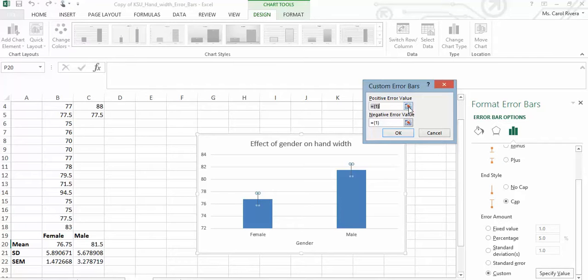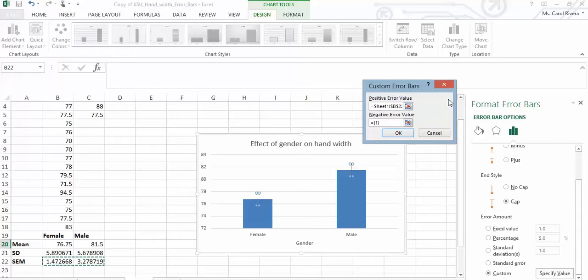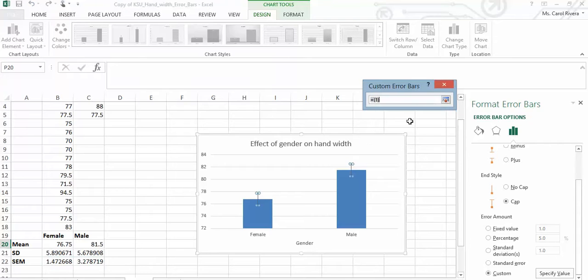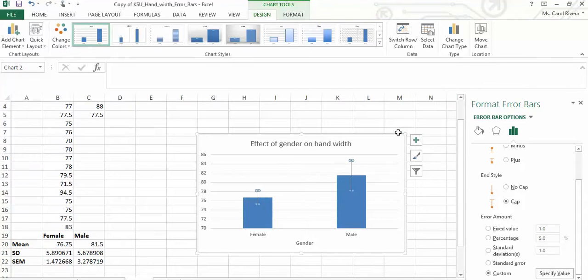So go ahead for the positive one. Click on this little, looks like a little tiny table. Okay, and then click here, hold down, and then go to this one too. And then you can click here. Now that gives us the positive error. Let's do the negative one. Same thing. Click on the standard error of the mean and this one. Click there and then hit OK. Now let's look at our